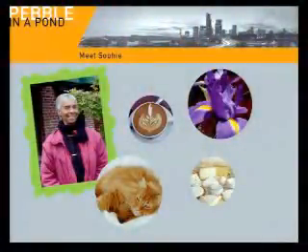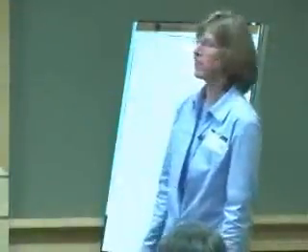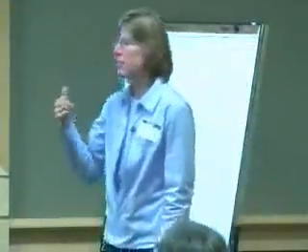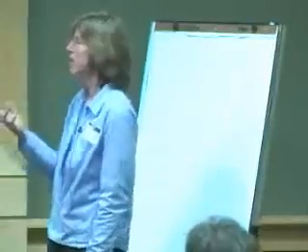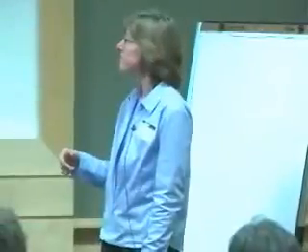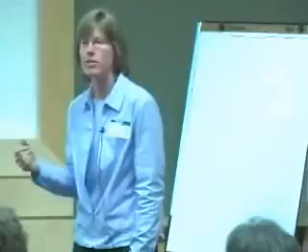Meet Sophie. Sophie's a 51-year-old chemist. She's a resident of Seattle. She lives in a condo with her cat Felix and is an avid gardener. In terms of her attitudes towards health and the environment, she's a very healthy eater. She's very aware of nutritional concepts and concerned about her health. In terms of her environmental attitude, she feels good about contributing to the curbside recycling program, but she's not somebody who actively seeks out environmental information. And if she has product choices, she'll tend to choose the one that costs less rather than the one that's marked environmentally friendly.